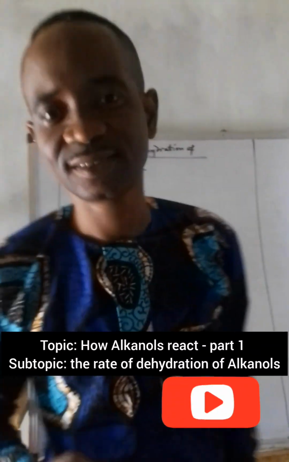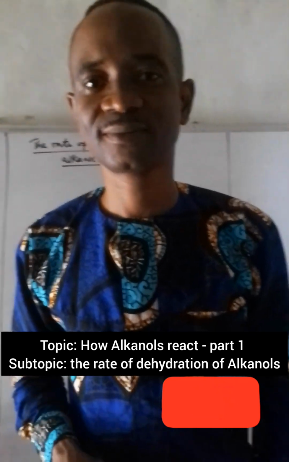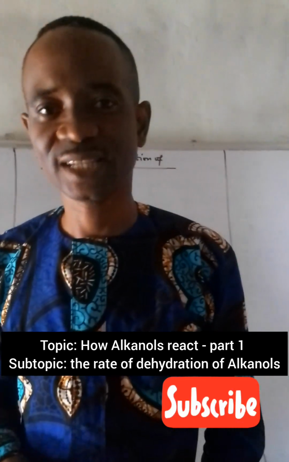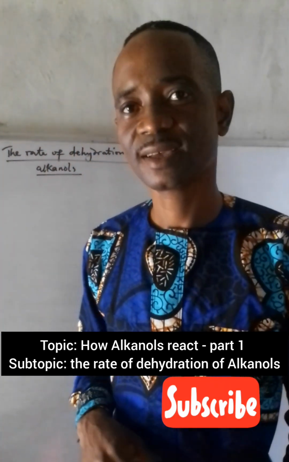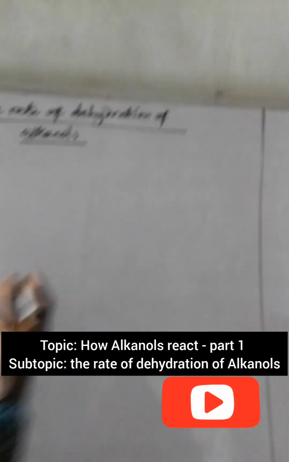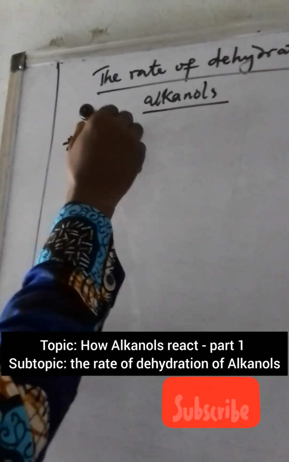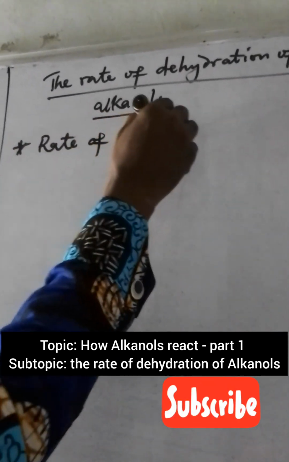Now, still on dehydration of alkanol that we just finished in the previous video, we want to look at the rates of dehydration of alkanol to form an alkene. The rates of dehydration of alkanols. Now, the hint is this: rate of dehydration